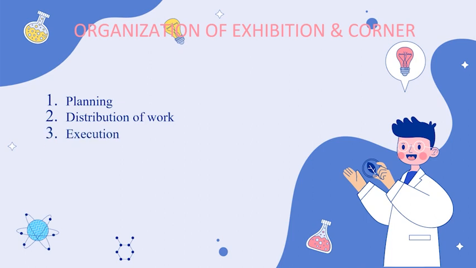The third is execution. The execution of the plan should be quick and systematic. The exhibition can be managed with the help of different committees, and other programs like demonstrations, films, models, etc. are organized. Each exhibit should be self-explanatory with proper titles and simple explanation. One day before the exhibition, all the participants should be allowed to explain their work in front of the teacher and should incorporate the suggestions and corrections given by him or her.